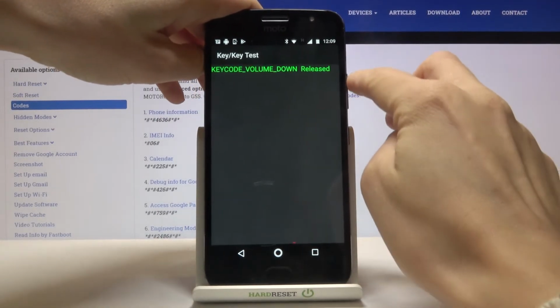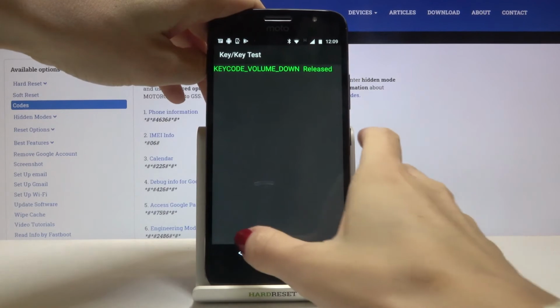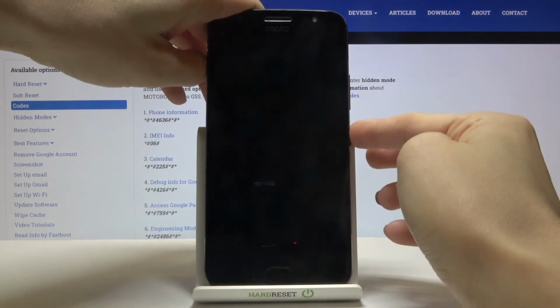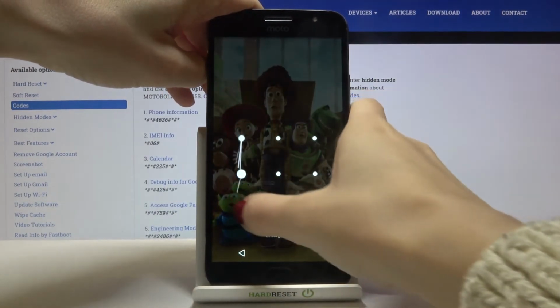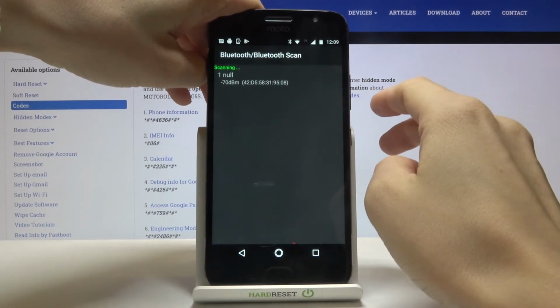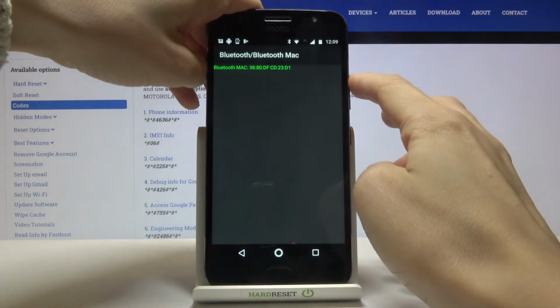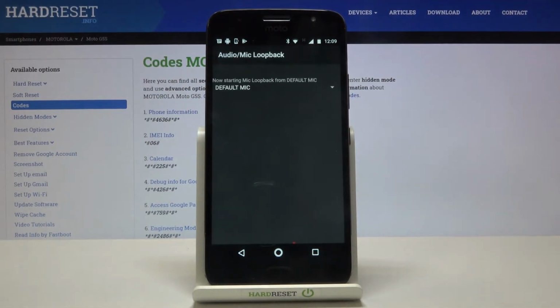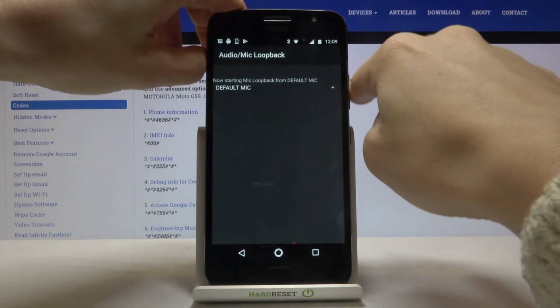As you can see, this is how you can use the test in this device. It's for example key test, so that's it. Then you can check Bluetooth and all other features. I just entered the sequence test, so everything will be checked right here. And also you can just pick the manual test, and you can pick which option you would like to test, which feature. So it's not the same as here, where we have to perform the whole operation and check all the